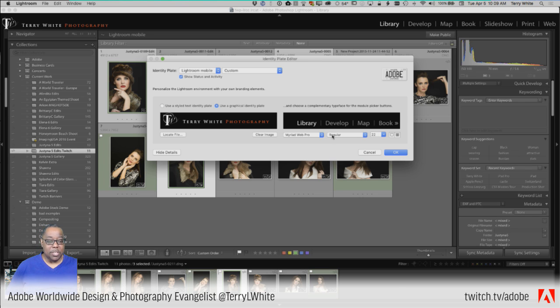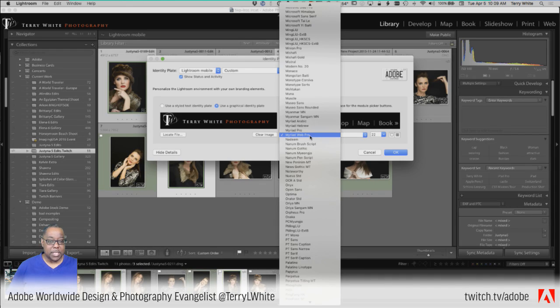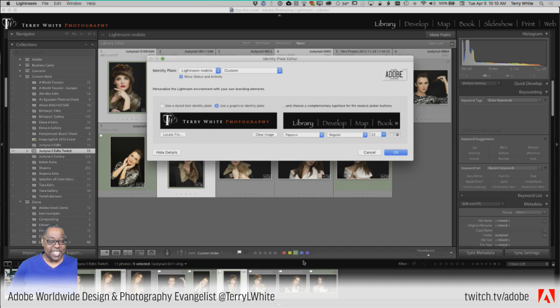You can also, while we're here, customize the look and feel of your modules too. Let me just pick something that will stand out. I would never use this font, but just to show it to you. There it is, Papyrus. So I've got Papyrus modules now. Don't do that. But if you have a font that kind of matches the look and feel of your identity plate, then you can even go that much further for your modules.